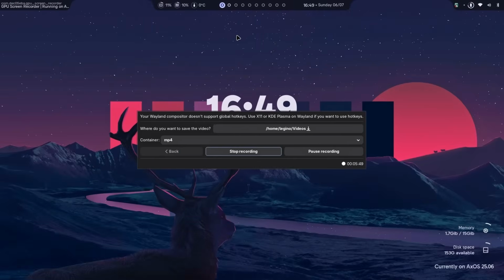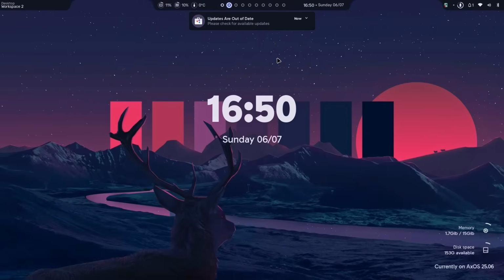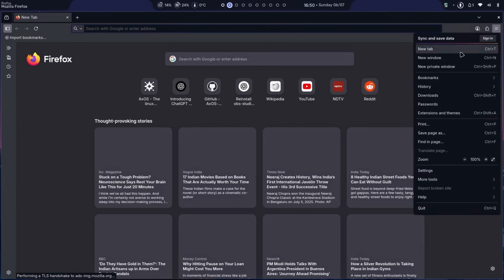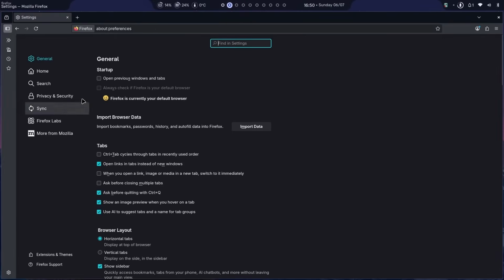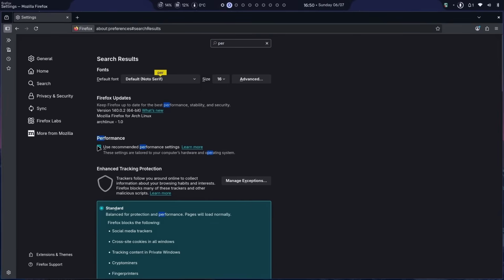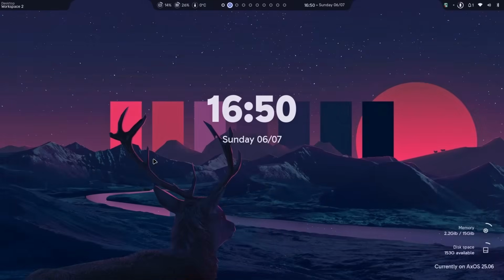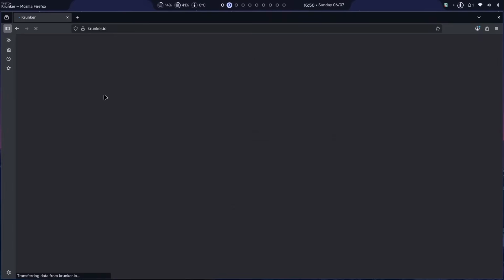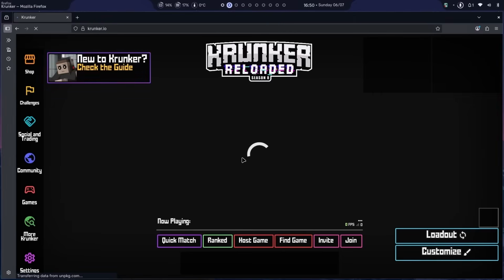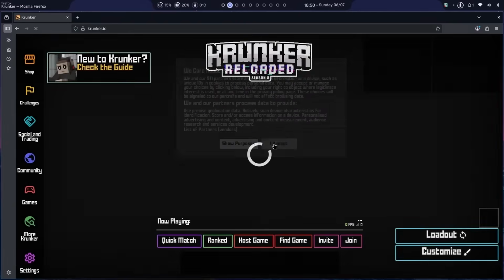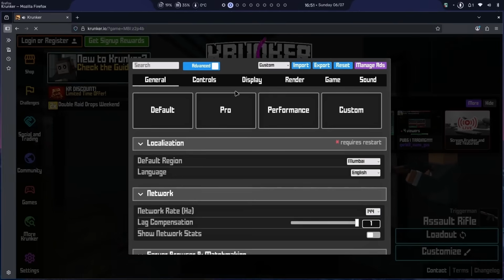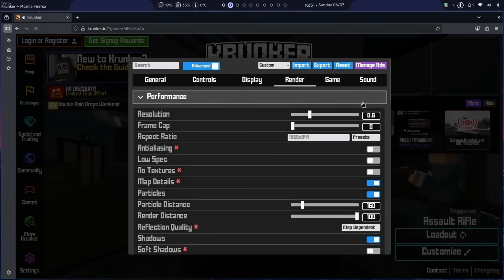Now let's check one thing. Let's check the performance. Let's go to Firefox. First, if we need to check the performance, we must enable performance mode as well. For example, use hardware acceleration when available. And now relaunch the application. Let's go to crunker.io. Yep, this is literally one of the best ways to check the performance of the system. I accept. Let's just go to settings, advanced. I'm gonna go to maximum graphics and everything. Render, let's make it